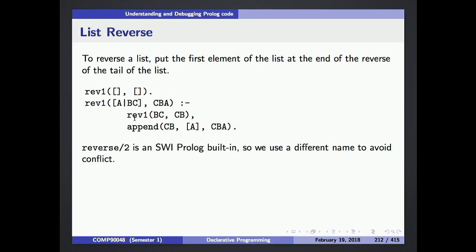We do substitutions. So here we substituted Y for A, B, C. Later on we substitute BC prime for empty list and CB prime for empty list. But we have also this other possibility that we could be going down some computation path trying to prove things and find, no, I can't prove this. So it goes back and says to the thing before it, okay, is there some other way you can prove what you want to do, to give me something else to work with, right? So that's exactly what this